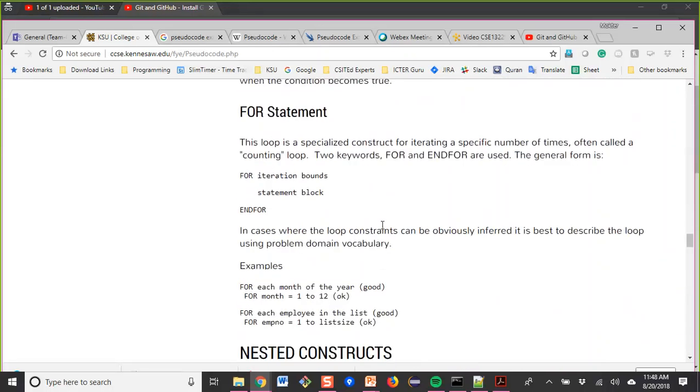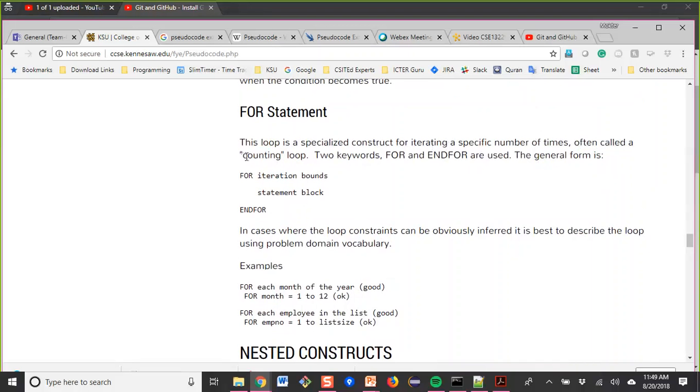Okay. So the most important and most widely used looping statement is the for loop statement. This loop is a specific construct for iterating a specific number of times, often called a counting loop.